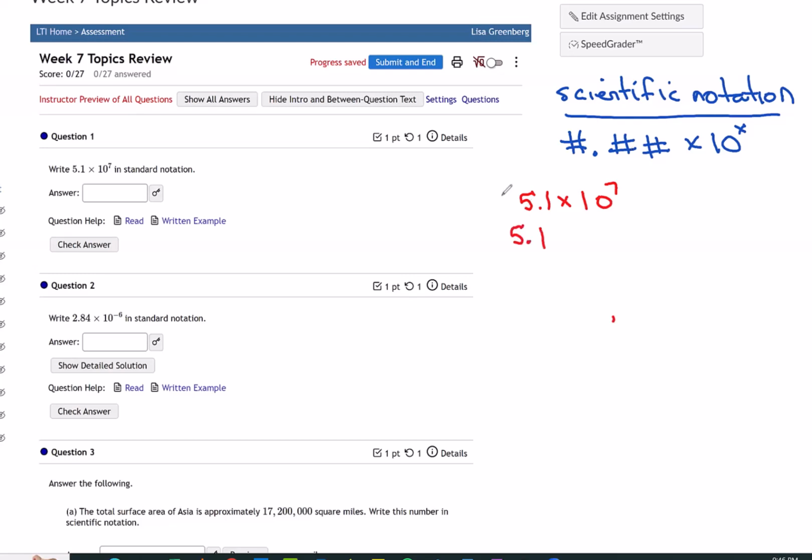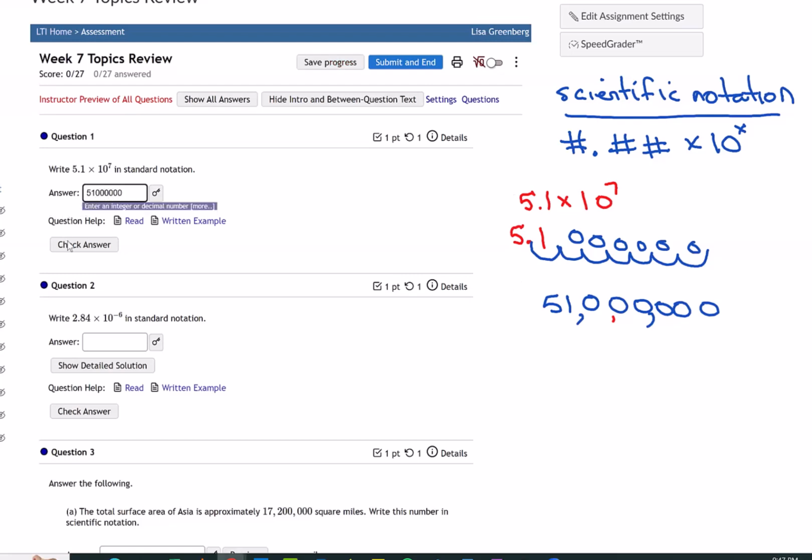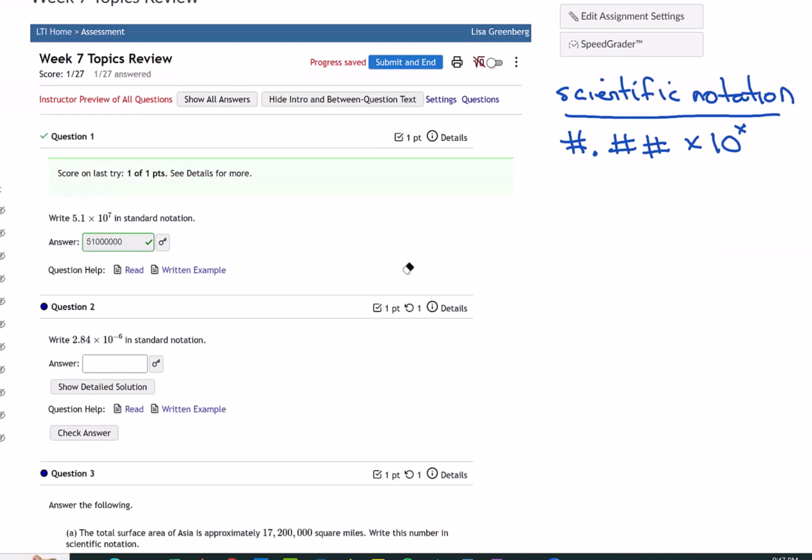I start with my value and then I move my decimal point one time for every number. So that's 1, 2, 3, 4, 5, 6, 7. And I put zeros everywhere. I'm going to rewrite this, and I have 1, 2, 3, 4, 5, 6 zeros. 51 million is the answer. And that's it. Next one,